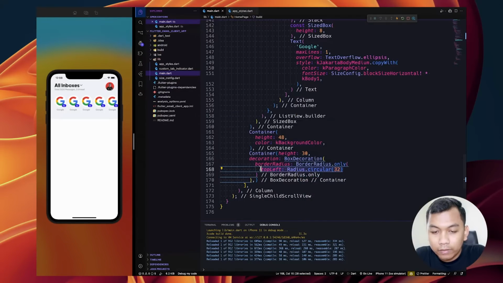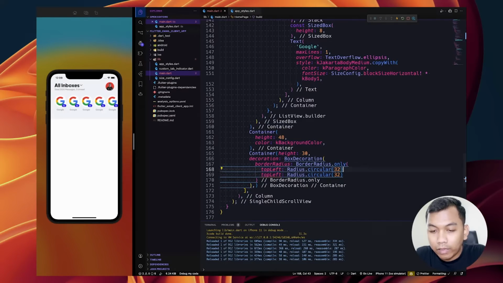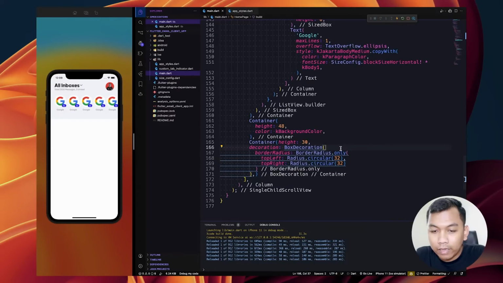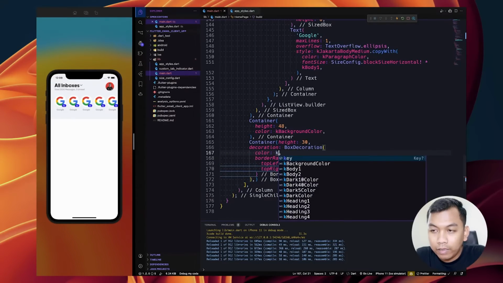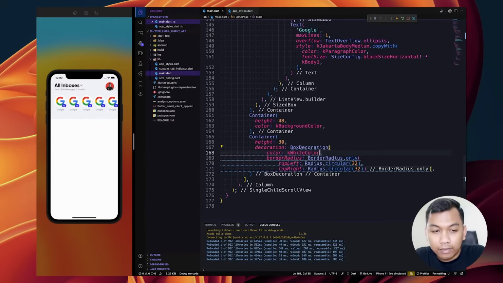Copy this and change this to be top right, and the color will be K white color.